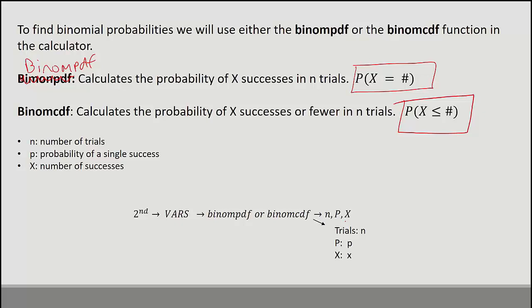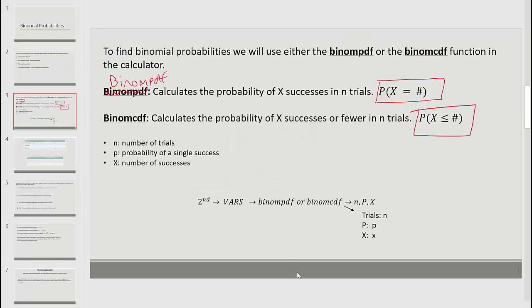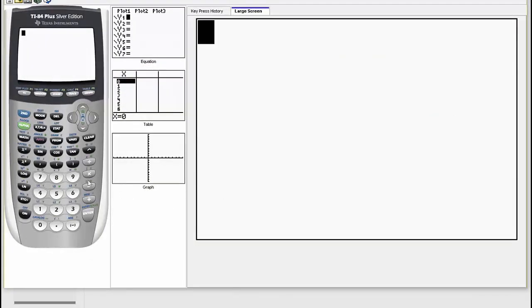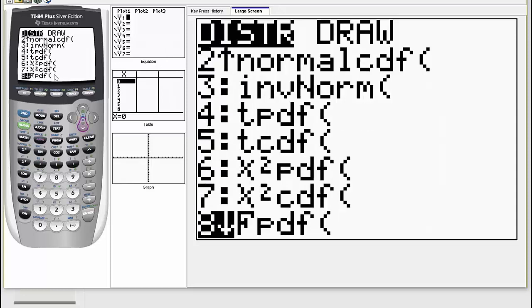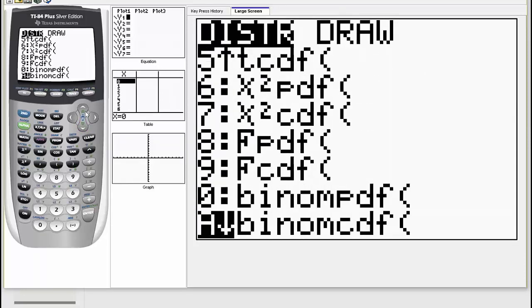All right? Okay, so really quickly, let me show you guys, let me see if I can do this, how to find this function in the calculator. Okay, let's pull up our calculator. And it was second vars, so second, and your vars button is located over here next to your clear button. If you notice in blue on my calculator it says DISTR, that means distributions. All right, second vars, and what we're looking for is binompdf, binomcdf, not normalpdf and normalcdf. So let's scroll down,